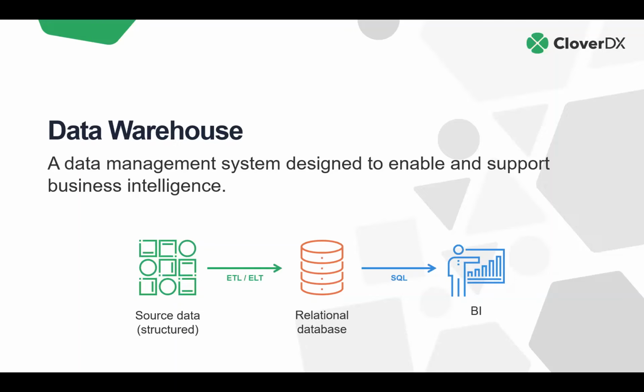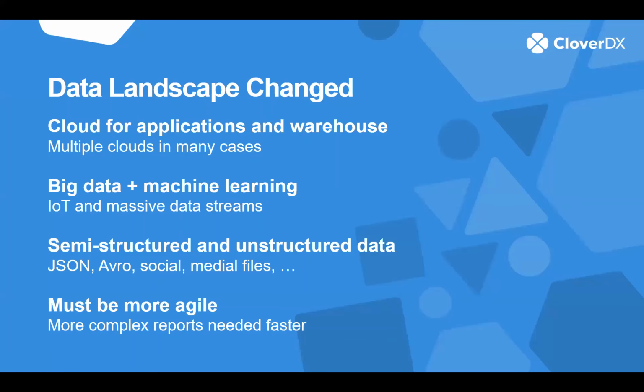But the world is changing. We now live in a very different place compared to the 60s or even the 90s, right? The data is now more massive. There's a lot more of it, and different kinds of data. And of course, there are a few things that influence how we think about data and how we use it, and that impacts the warehouses. I've picked 4 areas that have the biggest impact on how you design and use your data warehouses. So I'll discuss this a little bit, and then we'll cover the details about how this impacts the architecture of the warehouse and what you can do about that